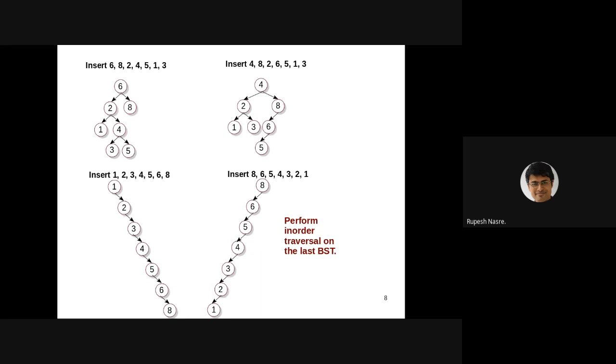Murari says root equals null, root equal to new node of data. Sure. We need to create a new node. And then we'll have to return the root, because that root we are updating is the local variable, right? So that is coming as a parameter. So we need to return that root. If data is less than root arrow data, that is on the left. So root arrow left equals none, then root arrow left equal to new node data, return, and then insert root arrow left data, sure. Otherwise the right part, sure, that is fine.